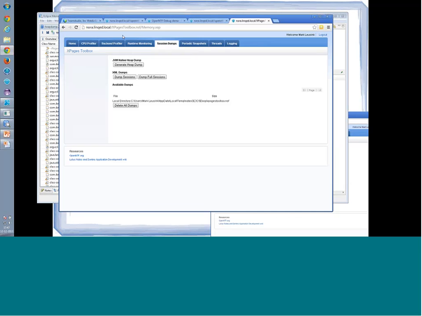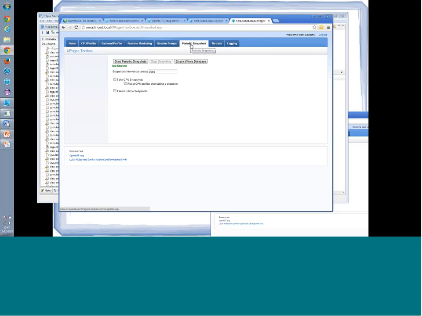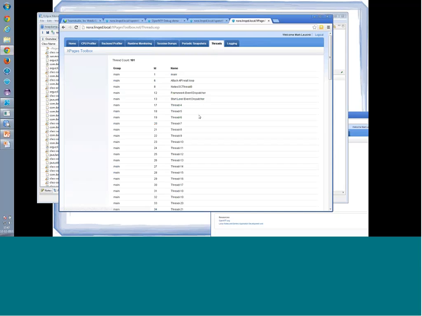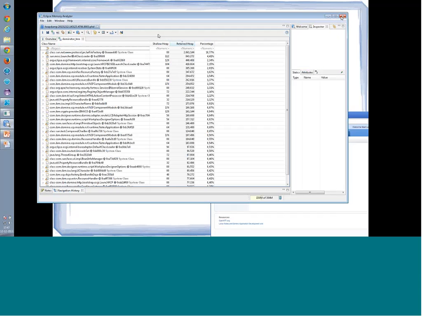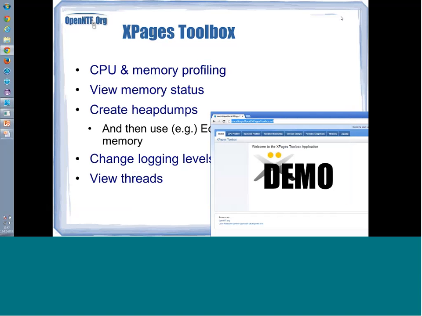So going back to the toolbox, it also allows you to do periodic snapshots of your environment. You can view the threads that are running currently, and you can change the log level of about any XPages core runtime object. So that's the XPages toolbox. Going back to my presentation,